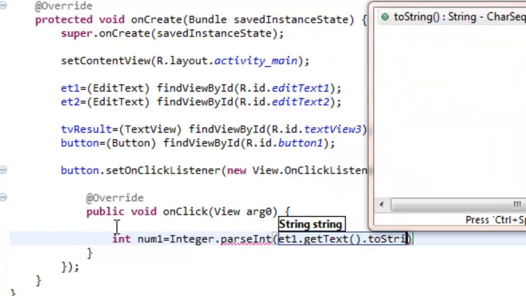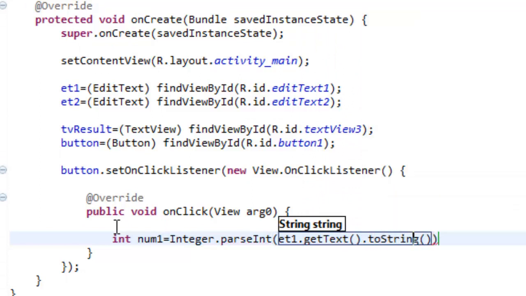So what we are doing here is et1.getText gets the text of our edit text. Okay, and then it converts it into a string by using the .toString method on our et1.getText. And now this as a whole is passed to our function integer.parseInt. So it converts the string which we received from edit text into a integer and assign this to num1.